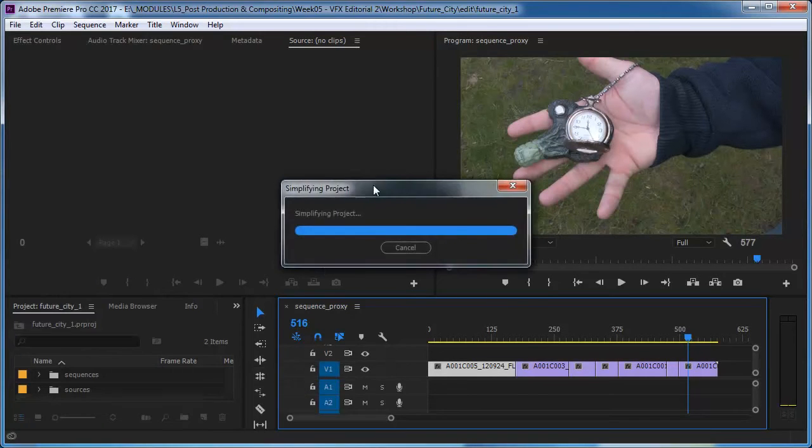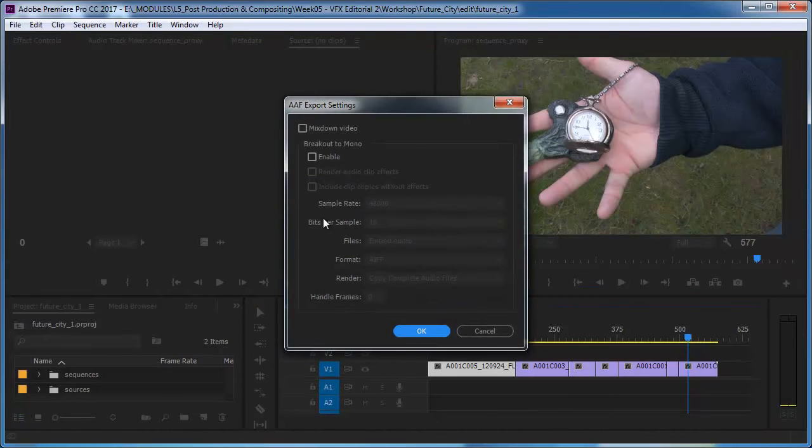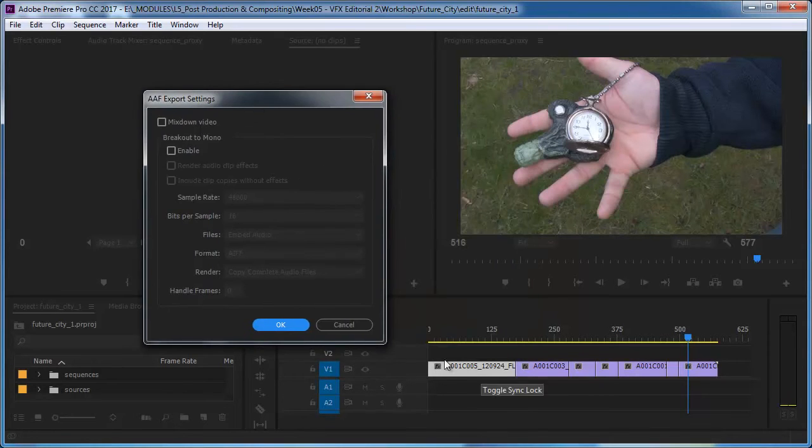I don't recommend the EDL. It's an old format. It tends not to be that reliable, particularly dealing with speed changes, transitions, and it only allows you to export 1 track at a time. Now you can see in this case we are actually only working with 1 track, so it doesn't really matter, but if we were working with an edit that had been made up of 2 or 3 or more tracks, then we would have to export an EDL for every single one of those tracks, and it can be a bit tedious. Anyway, I'm just going to take this in its default setting and say OK,